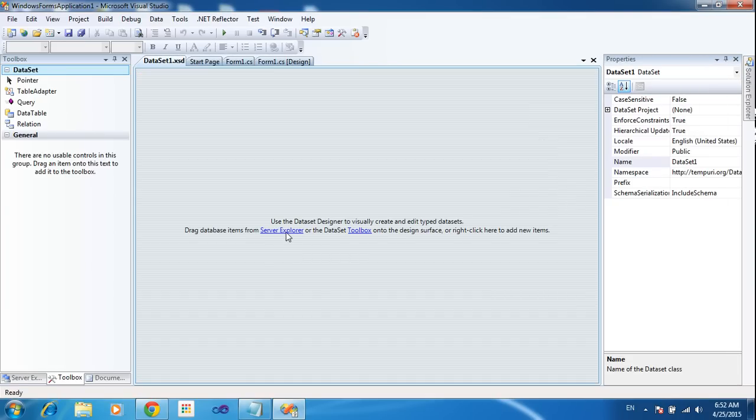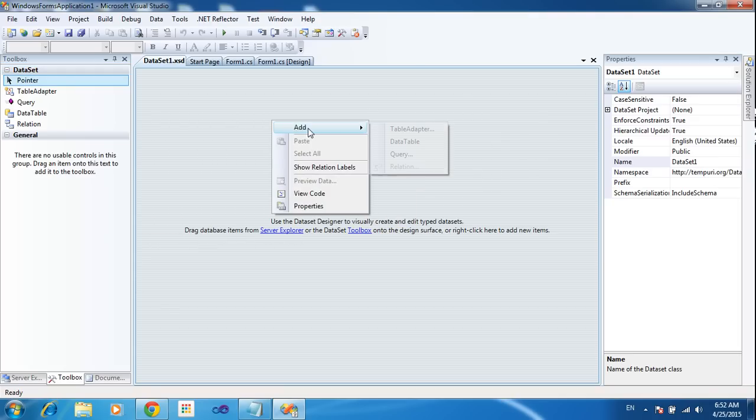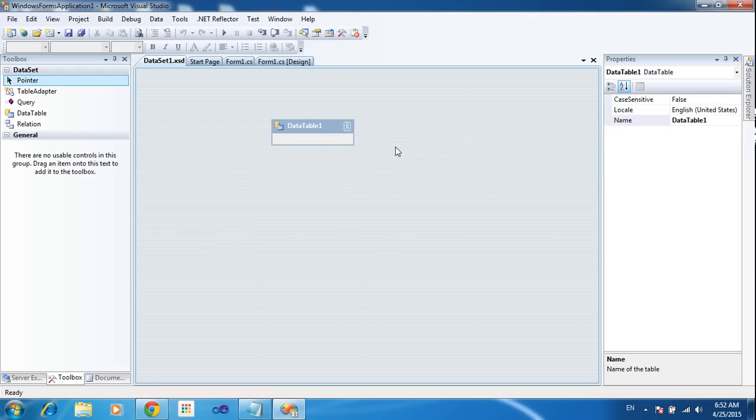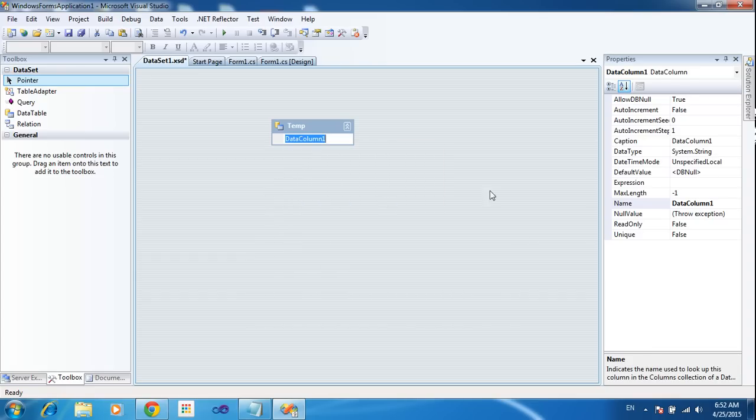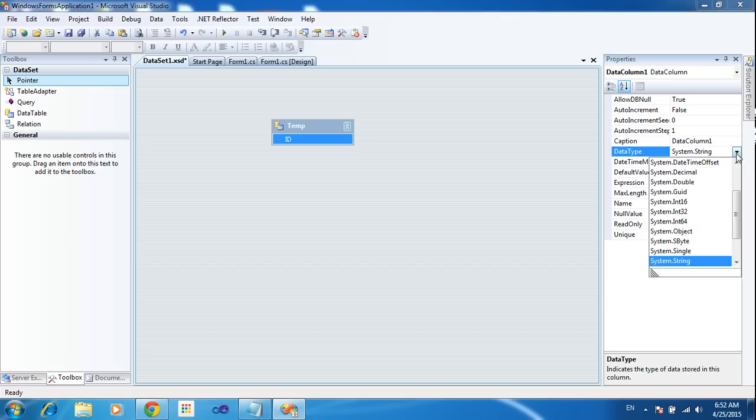Right click the data set, click to add data table. I am declaring the data table to temp. I am right clicking inside the data table. You have to click the column. I need to add the column name ID and column data type. I am using int,